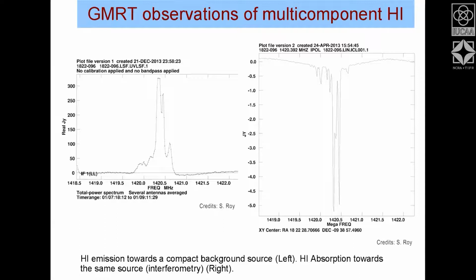So 1 megahertz, I can tell you roughly by an order of magnitude, divided by 1 gigahertz is like 1 part in 1000. The light velocity is 10^5 kilometers per second, so this will be 1 by 1000 of that, meaning the total velocity width. That means we are seeing emission spreading roughly 300 kilometers per second, plus or minus 150 kilometers per second from the center. One side will be plus, one side will be minus. So that much velocity spread is involved.